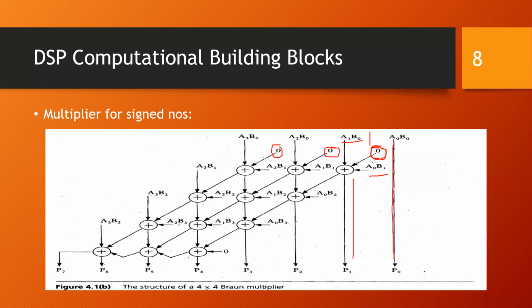For example, if the result is 1 and 1, and this is 0, so 1 plus 1, P naught will be 0, but one additional carry will be coming in. So that carry will be sent via this path. This is the carry which will be propagating to the next stage. That is the carry generated from its previous stage. Okay. So this one I had missed out.